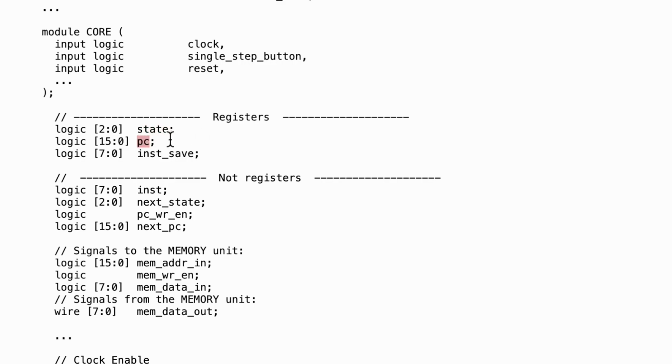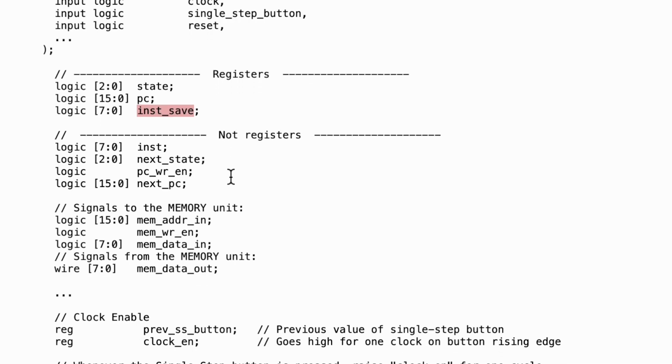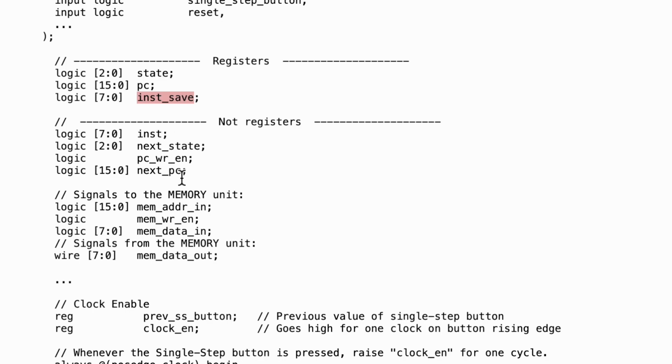We've also got the program counter, and this register which I talked about a second ago called instruction save. There are some other registers that I'm not showing here, the stack pointer and the condition code registers and so on, but I won't be talking about those today. We've also got a number of signals that are computed combinationally. This one, the instruction signal, is probably an important one because it reflects the 8-bit opcode of the instruction